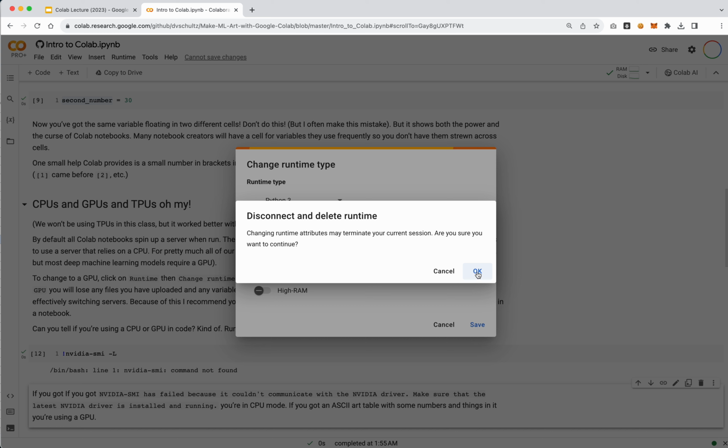Now, I'll talk about that when we actually get to it in class, because it is sort of easy to forget. And in this example, it might not make a lot of sense to you. But things that are saved directly into what's called the Colab environment, which I'll show you in a second, any files that are uploaded there or any files that are saved there are not saved when you delete your runtime. So in this case, it's saying delete the runtime, disconnect, and then reconnect to the new GPU.